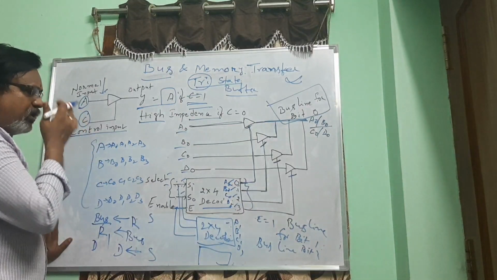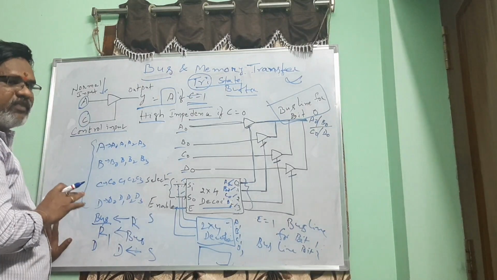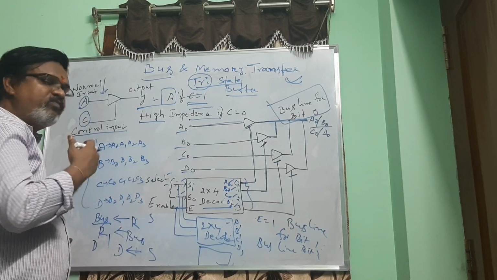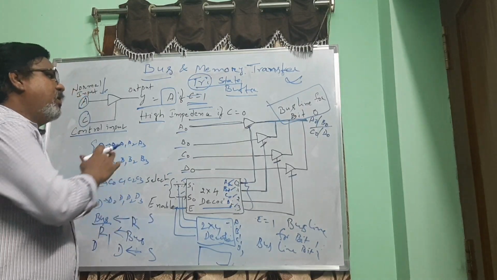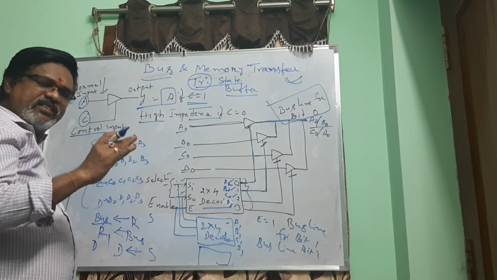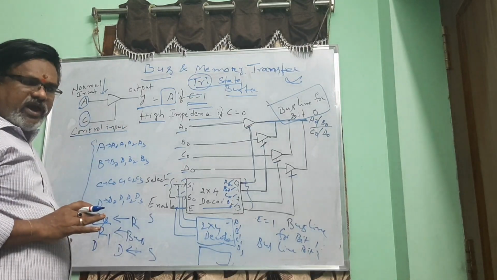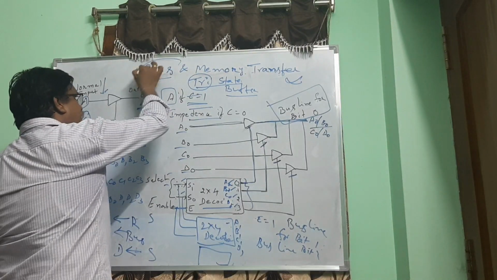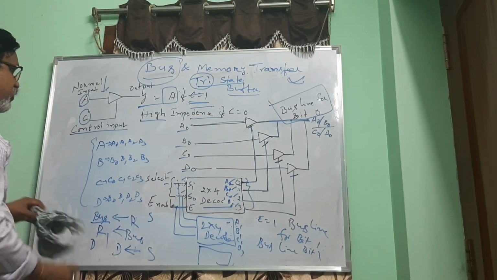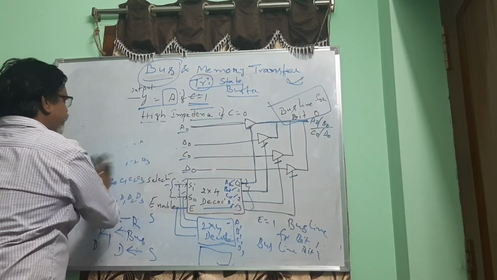This is nothing but equivalent to, as we told, source to destination. So previously we have discussed a bus transfer method of data from source to the destination using the multiplexer concept. Now we have discussed the bus transfer method for transferring the data from one register to another register using a tri-state buffer. So with this we have come to a conclusion of bus transfer. Now let us discuss the next part, memory transfer.